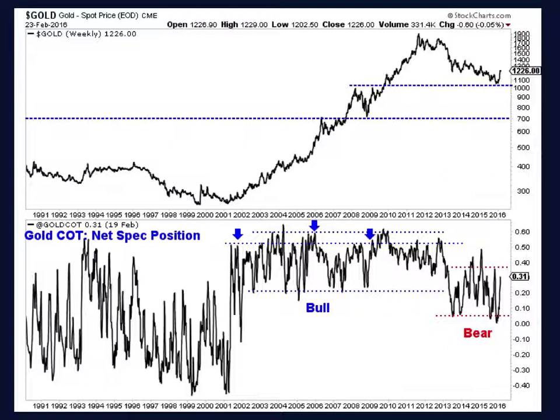And the other point I want to make, which is very important, and focus on the three arrows that I'm showing and also where we are right now. That's what's interesting, because when you transition from a bull to a bear market, sentiment can get really extreme and it can stay that way. So in other words,